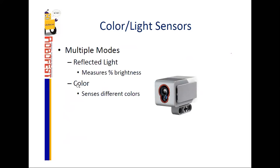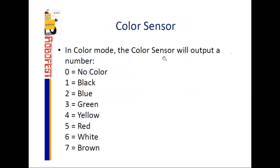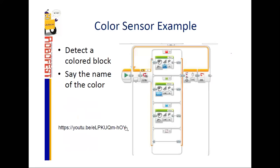But then for this exercise, we're going to use it in color mode. It senses different colors. And in color mode, the sensor will output a number corresponding to which color it sees. So it'll be 0 if it's no color, 1 if it's black, 2 if it's blue, 3 if it's green, 4 if it's yellow, 5 if it's red, 6 if it's white, and 7 if it's brown. The Lego language actually makes it even easier for you. Rather than putting a number, it actually shows you the color. So I'm going to jump to the programming environment, show you how this